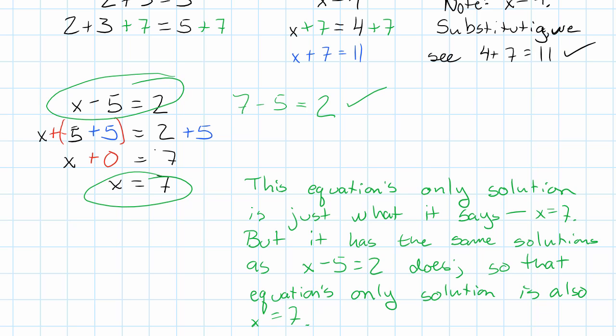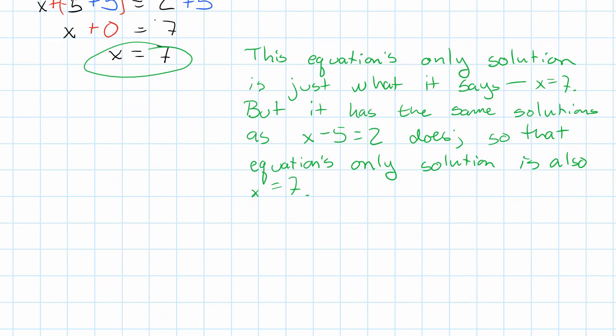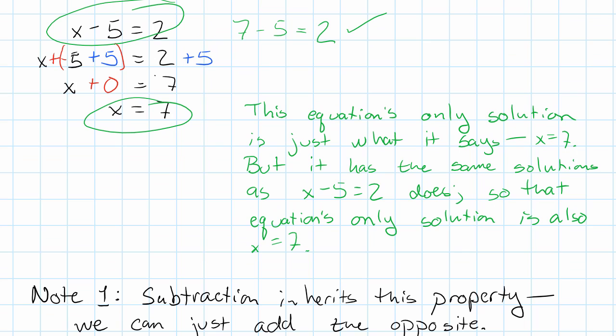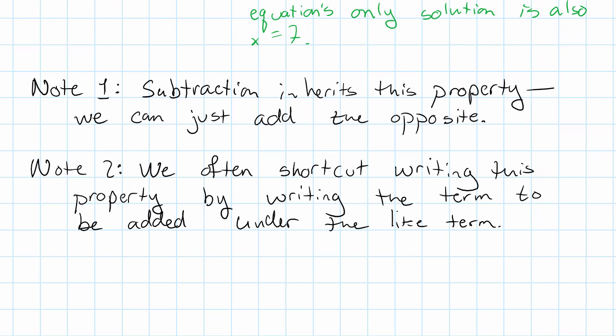Now I said that this was a property for addition. Notice that subtraction inherits this property. We can just add the opposite. The other thing to be aware of is that we sometimes shorthand using this property by, instead of copying everything and writing a line that looks like this, just writing the term to be added underneath any term that's like it. So for example, if we start with the equation